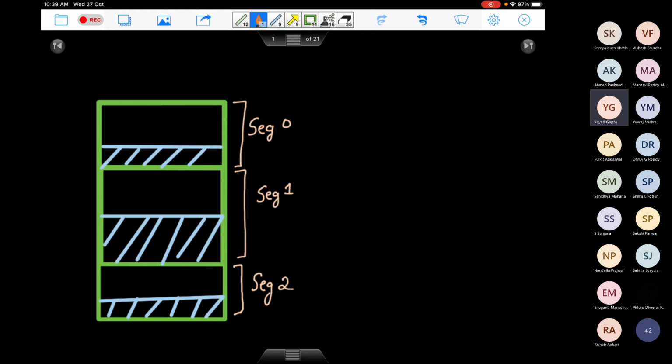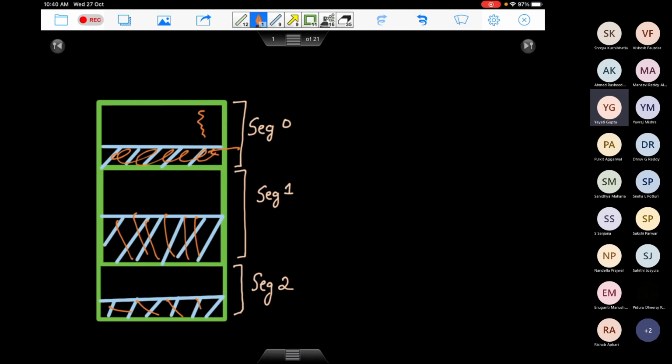But it is very much possible that a process is not using all the addresses inside a segment. If you look at segment 0, only this much of the segment is in use, so this much is not being used by the process. In segment 1, this much address space is not being used. Here, this one is not being used. But it can get used later on when the process calls certain functions recursively, or allocates some memory dynamically. At that time, the process might need more space. That's why we have this additional space sitting here. This was what we discussed yesterday.